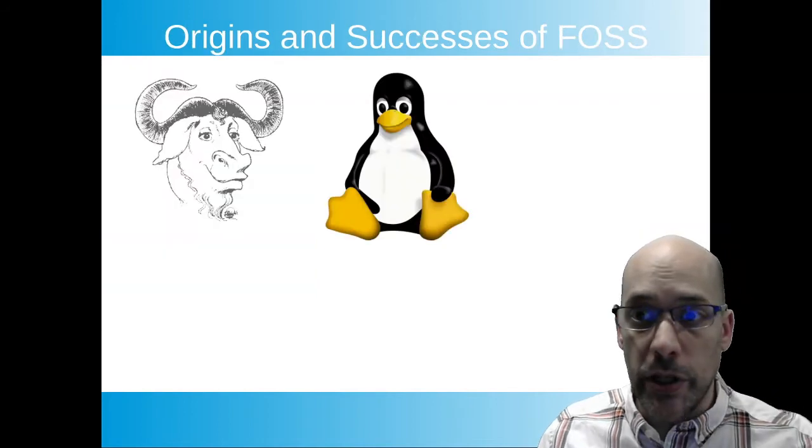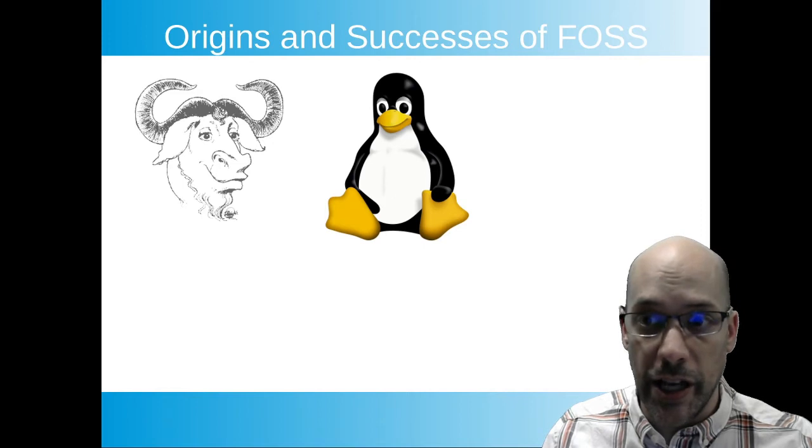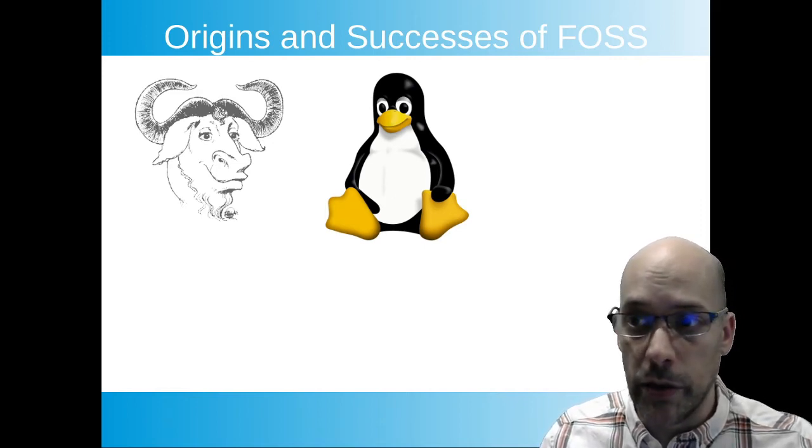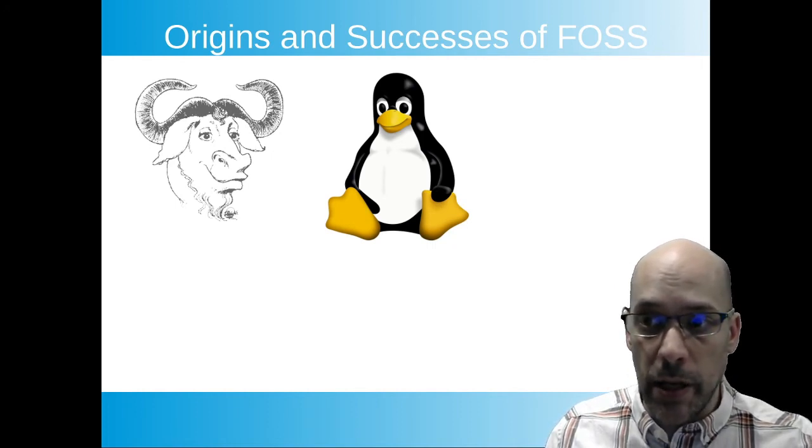Free and open source software as a set of principles arguably began with the GNU project in the 1980s, a project to develop a free operating system similar to a proprietary Unix operating system. This project was accompanied by the development of the GNU General Public License, known as the GPL, the first software